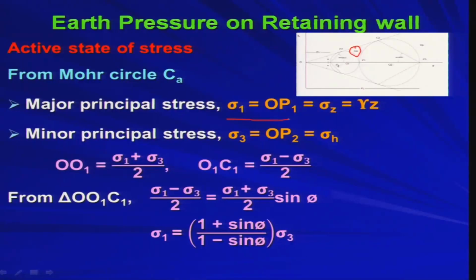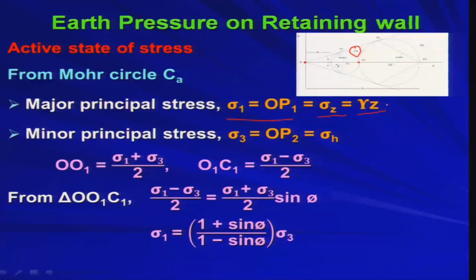So, the horizontal stress, or the lateral stress, will become the minor principal stress in case of active state, whereas the vertical stress will be the major principal stress in case of active state. Agreed? Okay. So, the major principal stress sigma 1 is nothing but OP1. This is your O, the origin, and this is the point P1. So, OP1 is the major principal stress and that is nothing but your sigma z, that is the vertical